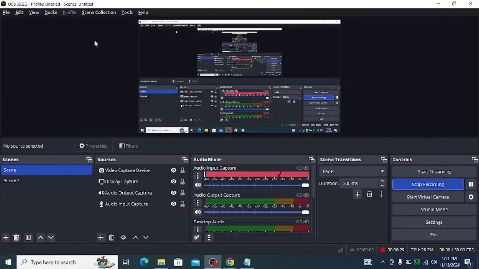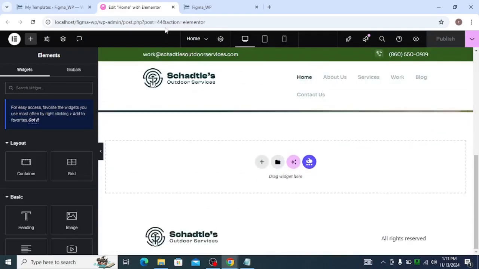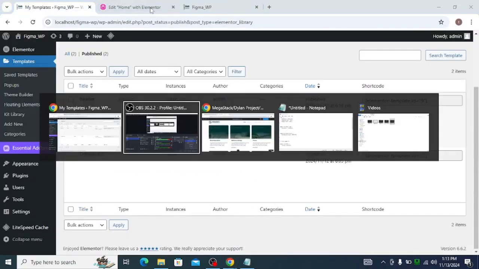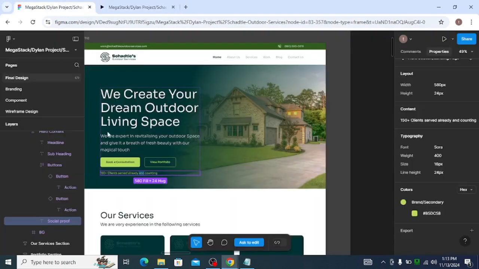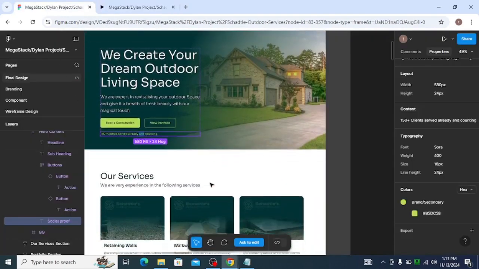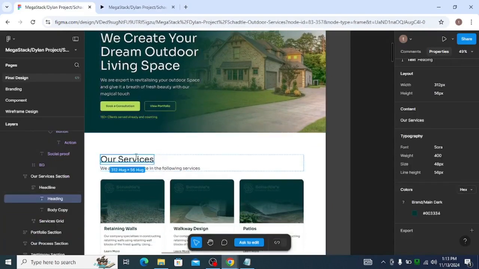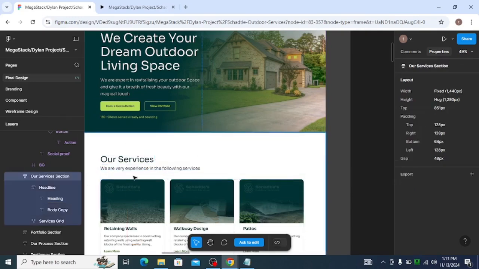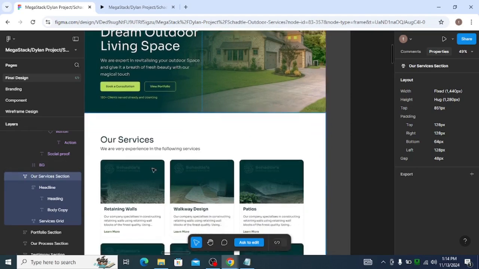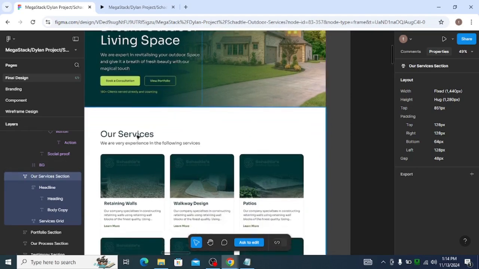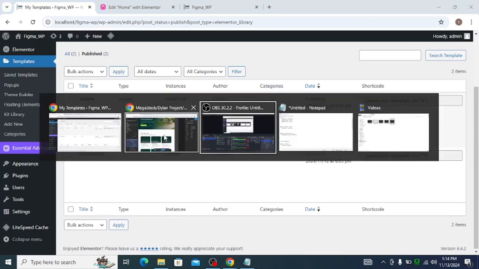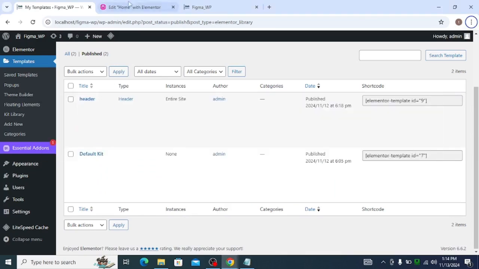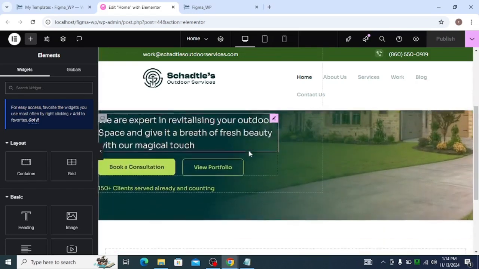So what's the first thing we have to do? This is what we are having here. This is the file. We are having our services, and then we are very experienced in the following services. So let's create this one before creating the section. The first thing we have to do, like we always do,